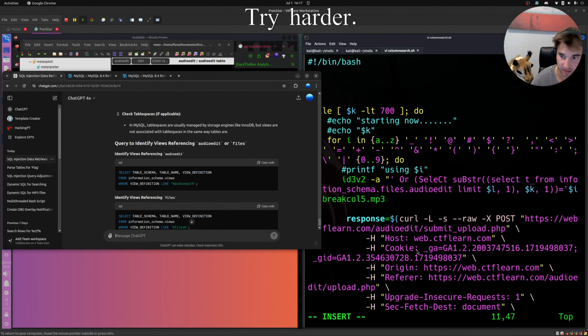Okay, so select. What do we want then? Table name. It's my vital table_name from information_schema.views where view_definition like